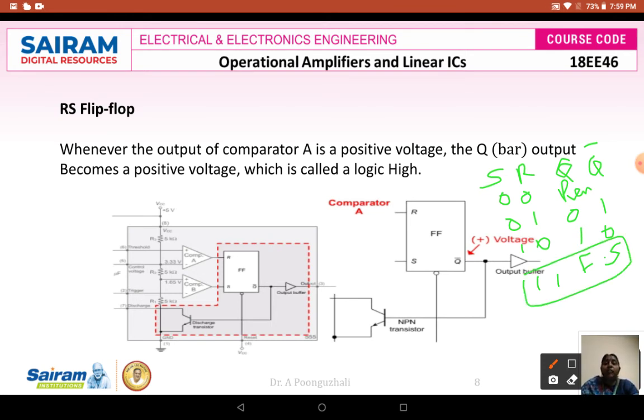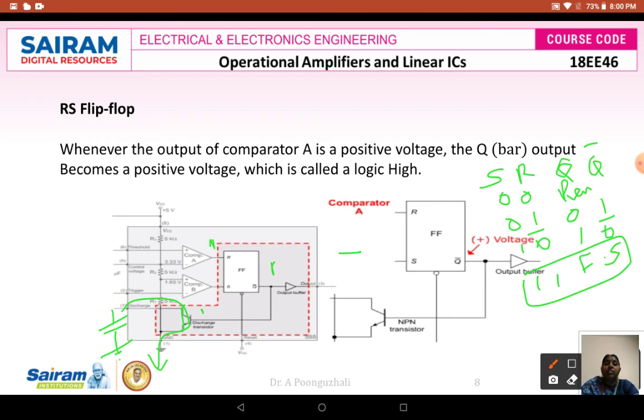So in this RS flip-flop, if R is going to be 1, my Q bar is going to be 1. When my Q bar is 1, then automatically this discharge transistor will be conducting. If this discharge transistor conducts, it will be acting like a closed switch. So whatever charge is generated across this capacitance will start to discharge and go to the ground terminal there. So that means that my output will come to the low state.